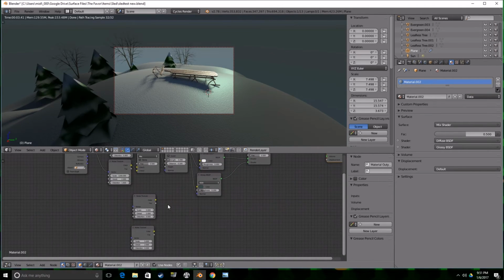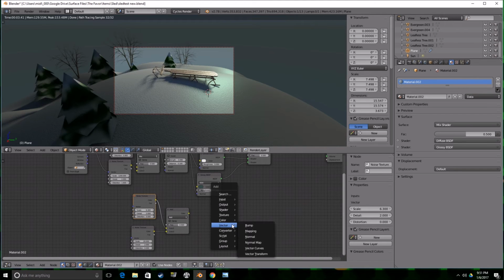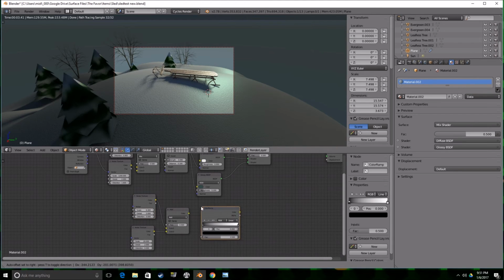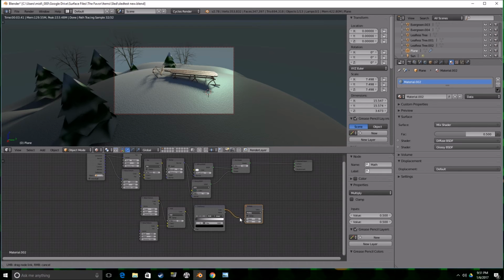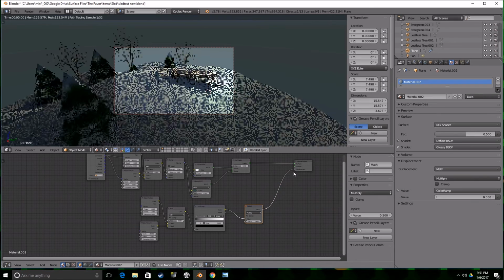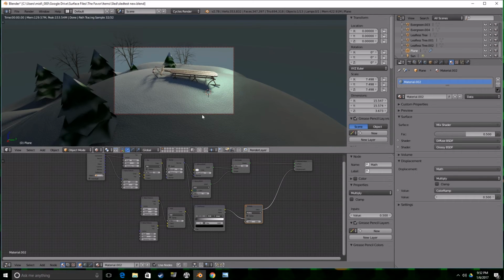Down here on our other two noise textures, we're going to do a scale. Let's try 6.3 and 20. We're going to do a color mix RGB, and we're going to change it to add instead of mix. And then we're going to do a converter color ramp. This is really just to turn it to black and white. Converter math, multiply, the color goes into the top, this goes into our displacement,